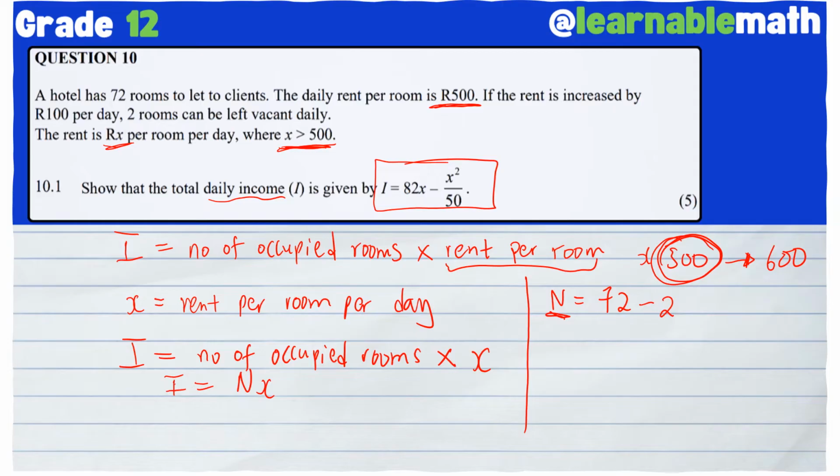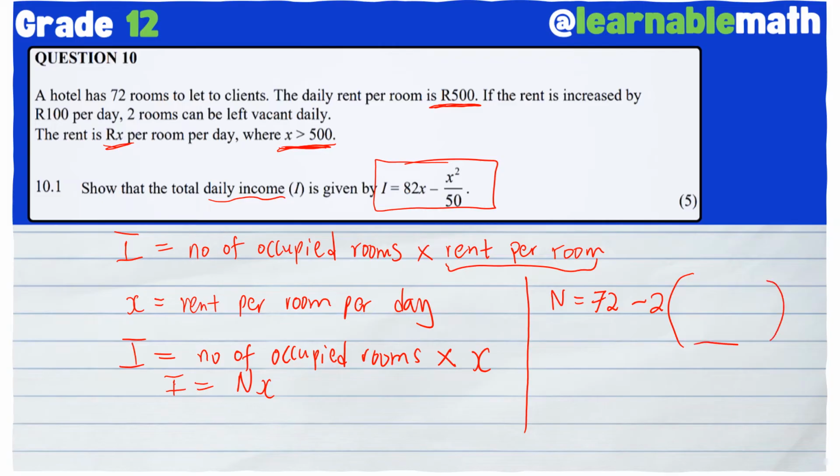Okay, so we need to get that expression of n, the number of occupied rooms, that will certify this condition, such that as it is increasing, when it reaches 100 rand, there are 2 rooms that will be vacant. Okay, so we do know that so far n is equal to 72 minus 2,